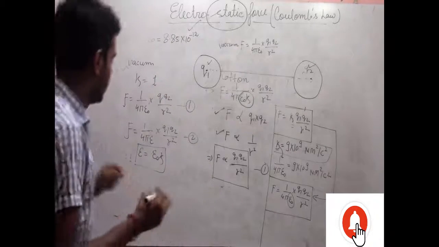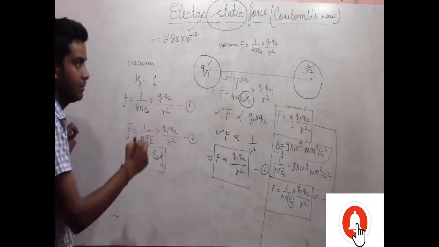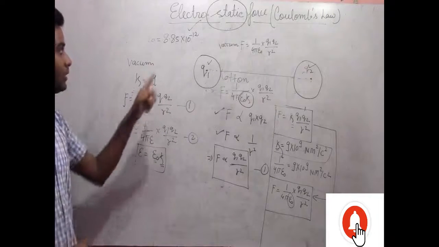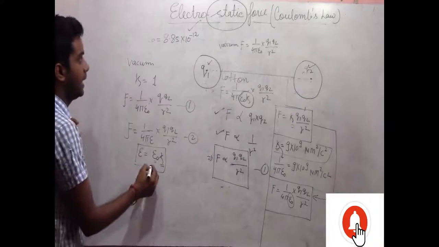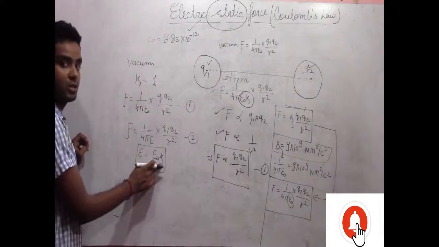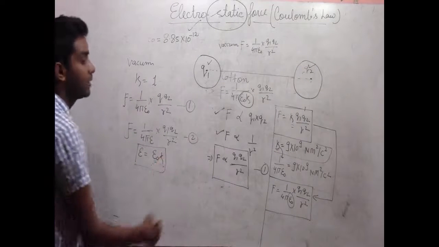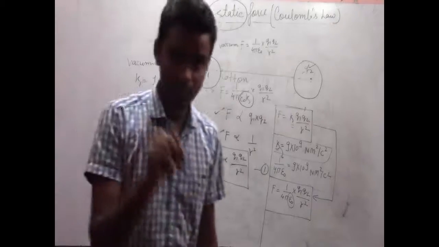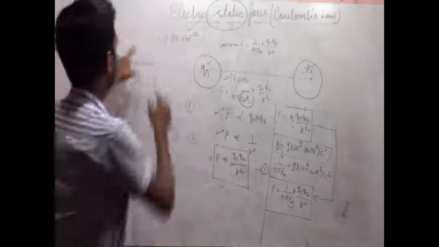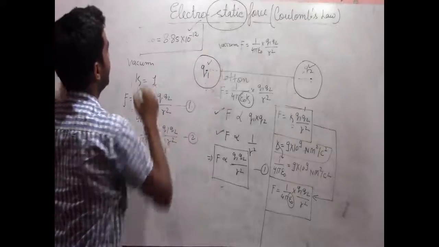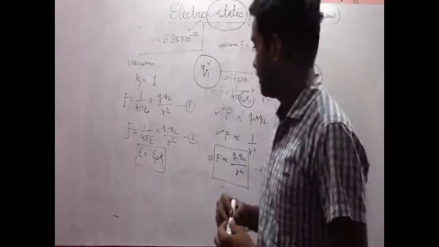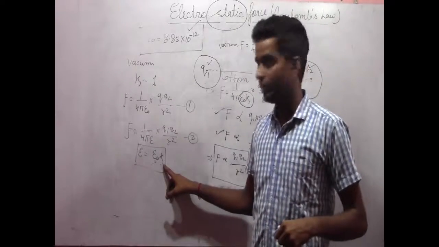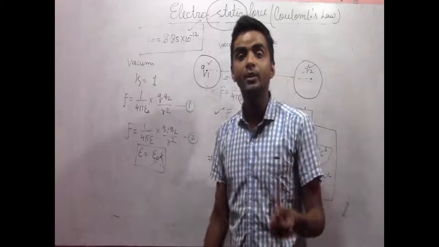If you know the permeability constant of the given medium, and you know very well that the permeability of the vacuum is 8.85 into 10 raised to the power minus 12, you place the epsilon naught value and the permeability constant of the medium here, and you may calculate the permeability of the given medium. For the vacuum, epsilon naught is equal to 8.85 into 10 raised to the power minus 12. Just remember, don't be confused. I am just going to sum up this one.